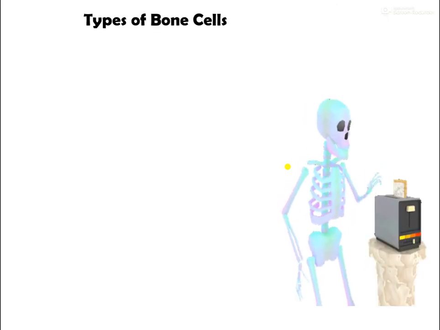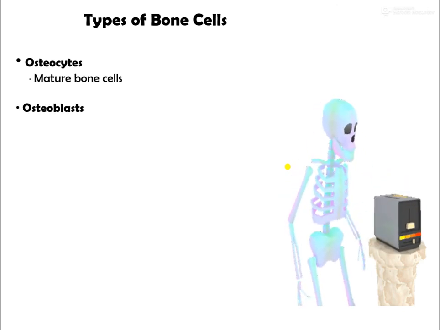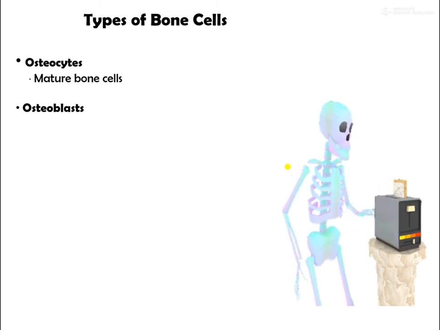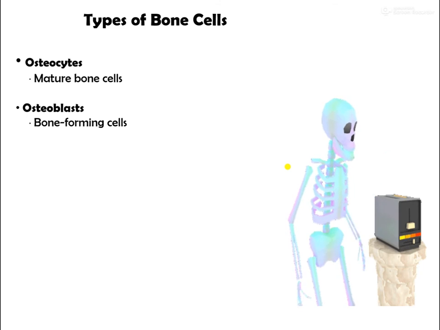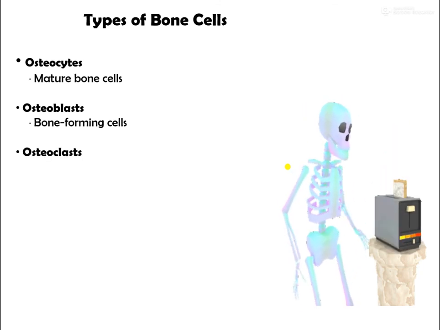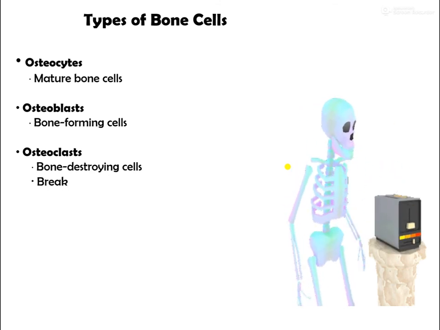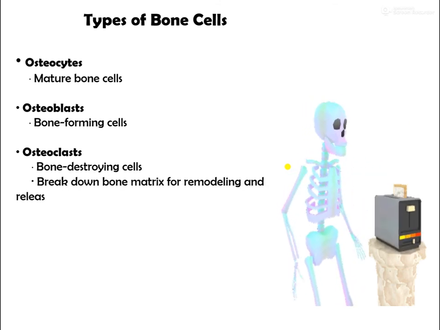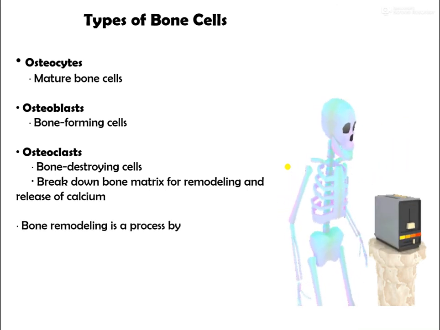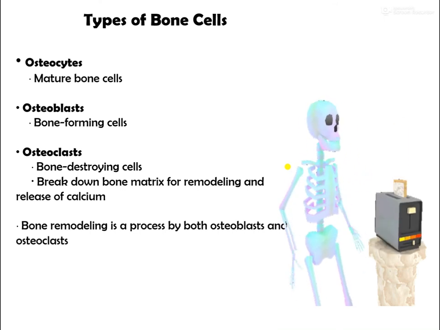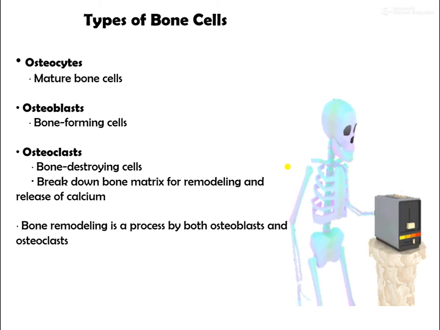Next one is the types of bone cells: osteocytes, the mature bone cells; osteoblast, which is a bone forming cell. Next one is osteoclast, which is a bone destroying cell. It breaks down bone matrix for remodeling and release of calcium. Bone remodeling is a process carried out by both the osteoblast and the osteoclast. These are the types of bone cells: